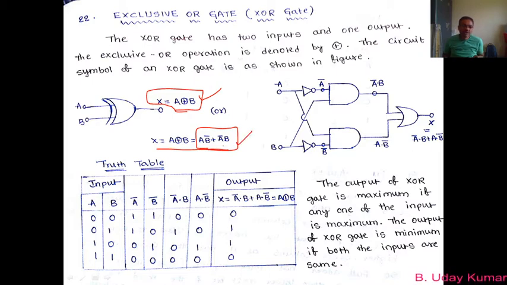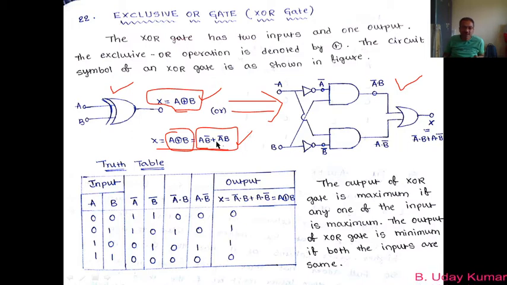So this is equivalent to this one, so that you try to get it here. In terms of circuit symbol, this XOR gate is equivalent to this diagram, this figure. If you observe this equation, based on this equation you can construct this diagram. So X is nothing but A B bar plus A bar B, right? Is that clear? If you try to understand this logical equation in terms of figures, in terms of gates,